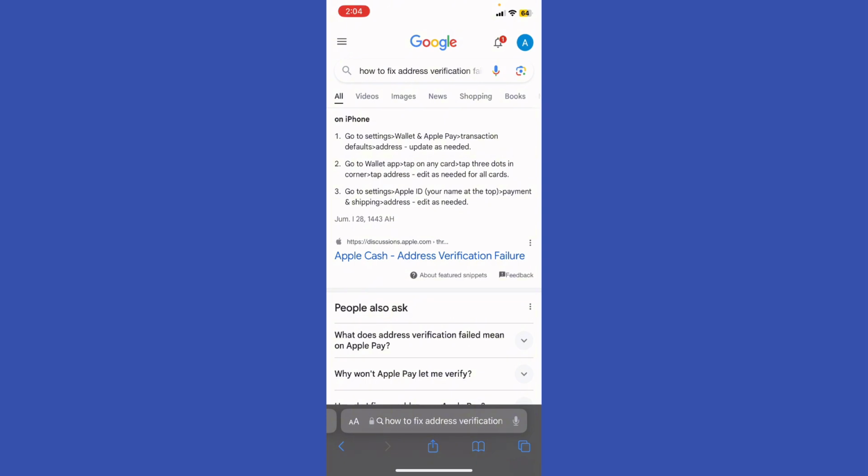Go to the Wallet app, tap on any card, tap the three dots in the corner, tap Address, edit as needed for all cards, and go to Settings, Apple ID, your name at the top, Payment and Shipping, Address,